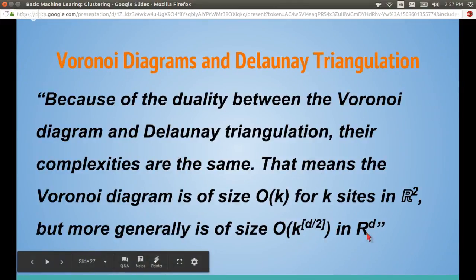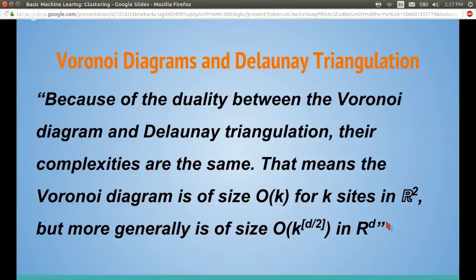So when they say stuff like this in R, and I didn't get the best mathematical notation in here, R to the D means if you're in 2 dimensions, that's R squared, right? You're in a 2-dimensional space of real numbers. If you're in 3 dimensions, it'd be R cubed. But there's data sets that have, like I said before, 50 dimensions, and there's data sets that have 50,000 dimensions.